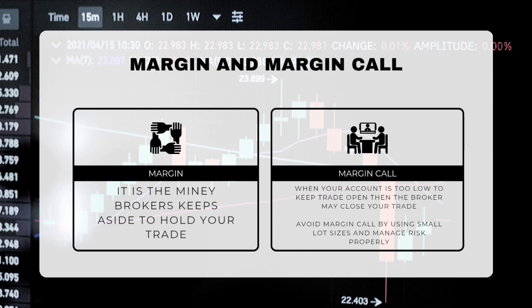That's it. To avoid a margin call, you have to manage risk and use a small lot size. That's why we should use 0.01 lot size, so you can manage risks properly and avoid a margin call